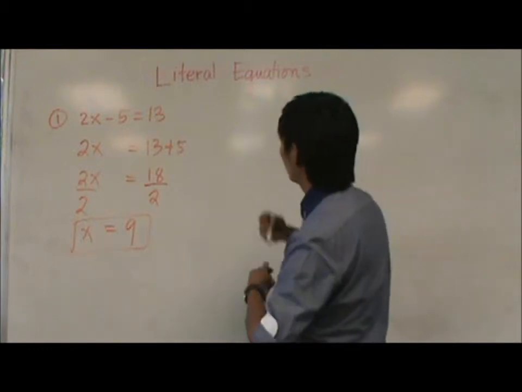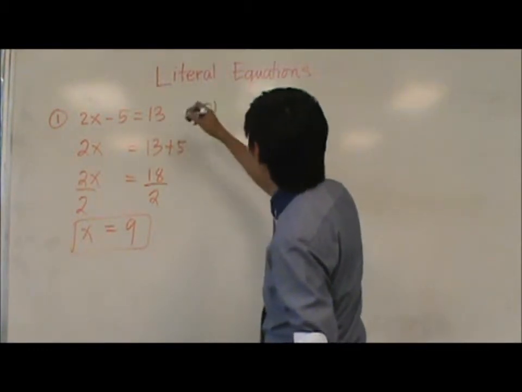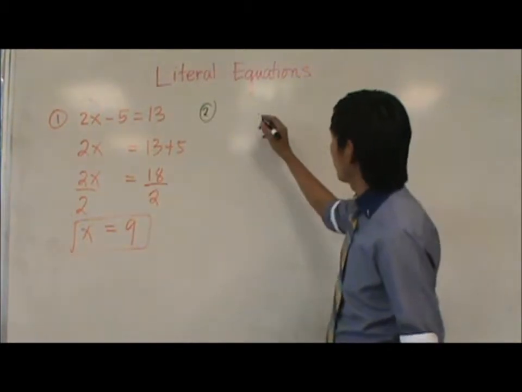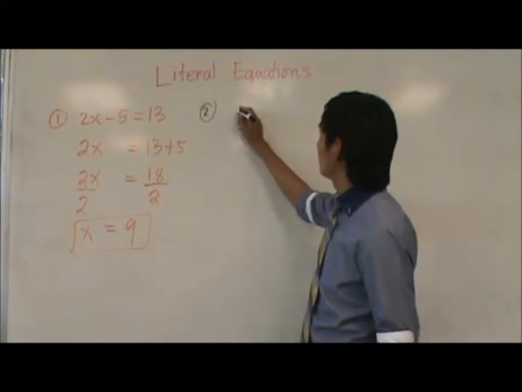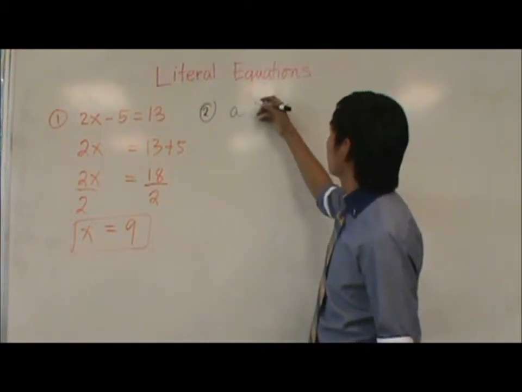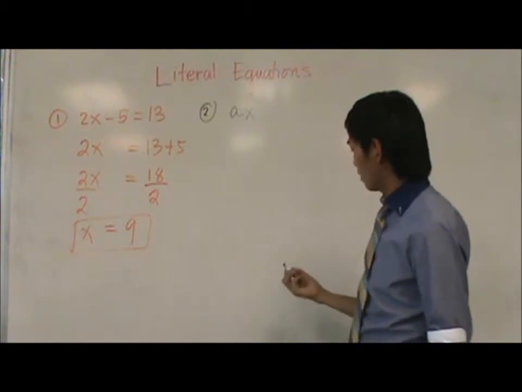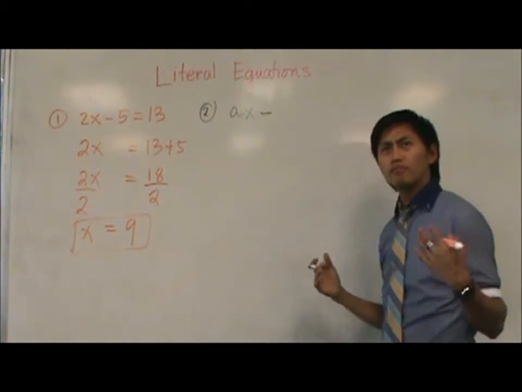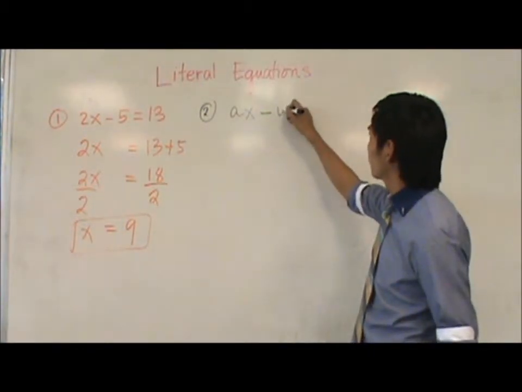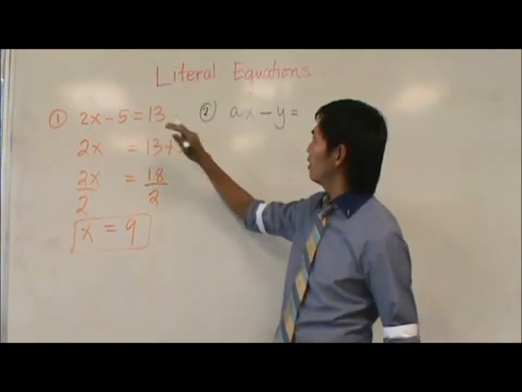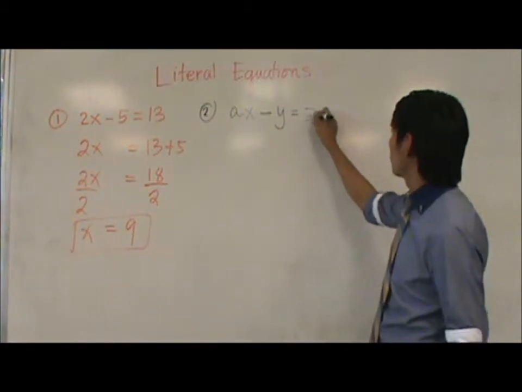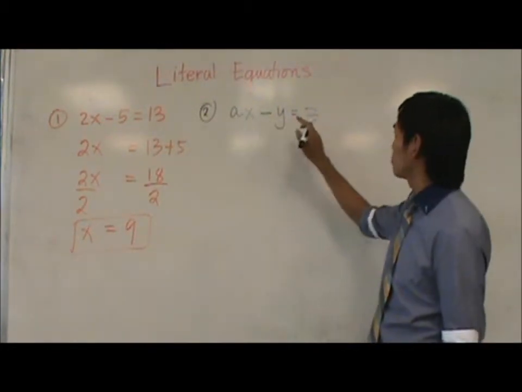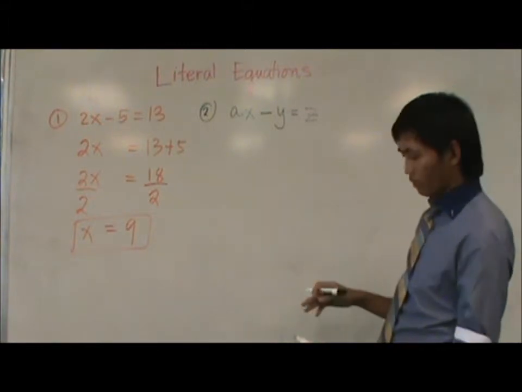Okay, here we go. Number 2. This time I'm going to change the number 2 to, let's say, a. I'm going to keep the x, since we're solving for x here. I'm going to change that 5 to, let's say, y, and now I will change this 13 to z. Now you have ax minus y equals z. If you're solving for x,